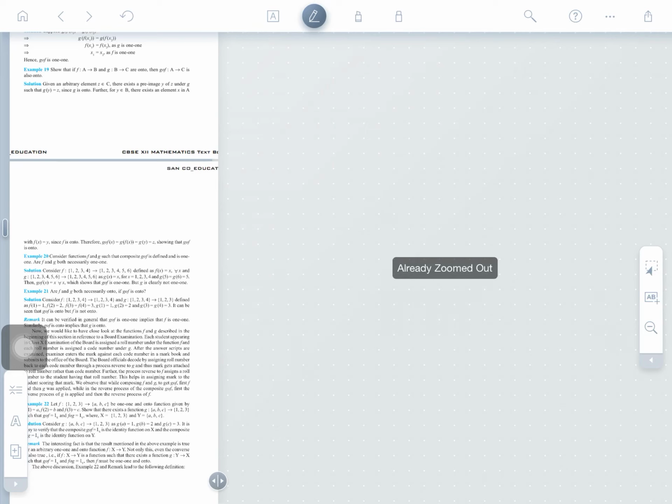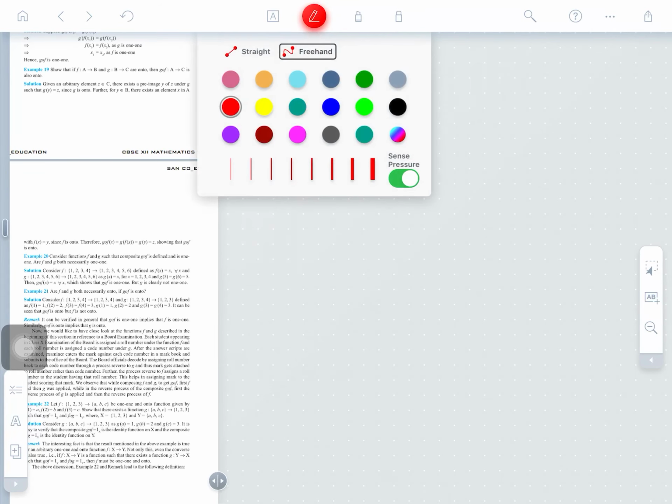The concept of composition of functions. What is the composition of functions? We have also solved a lot of numericals. I am speaking again: what is a composition of the function? It is very simple. Suppose we have been given a function,